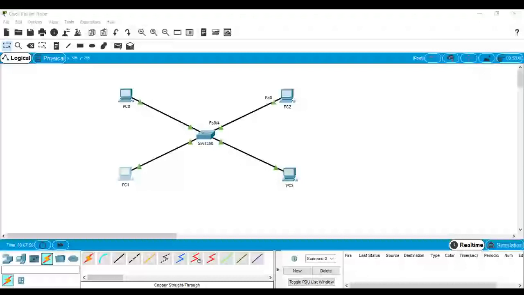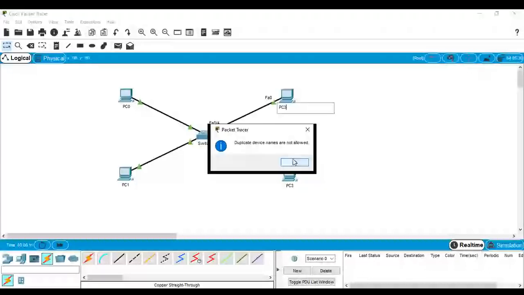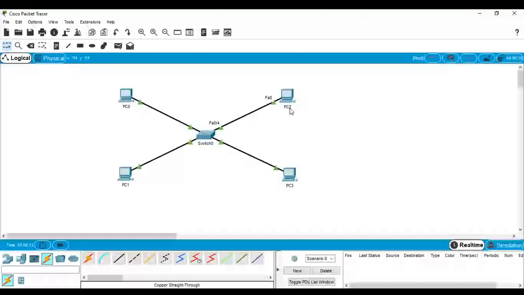Again, close this and go to PC3. I will just rename them as PC3, PC2 and PC1.